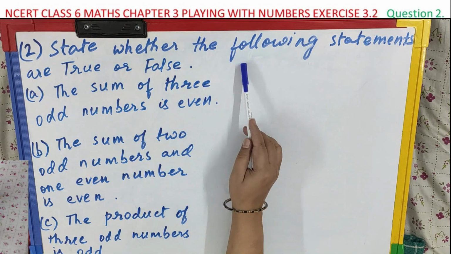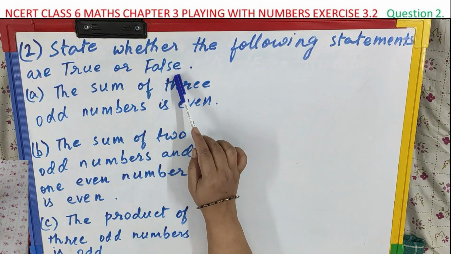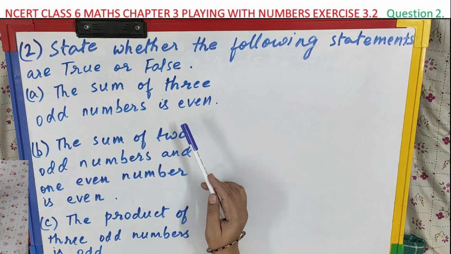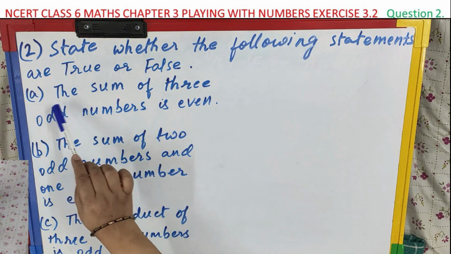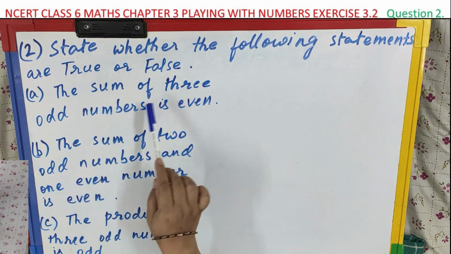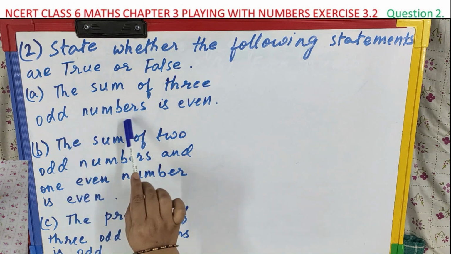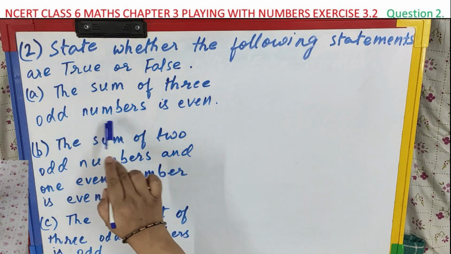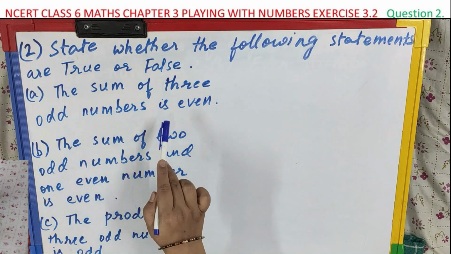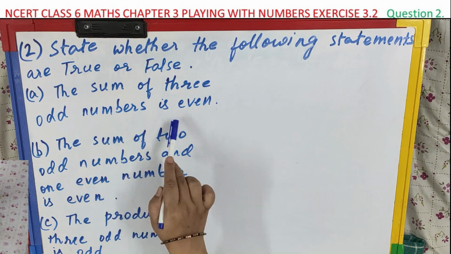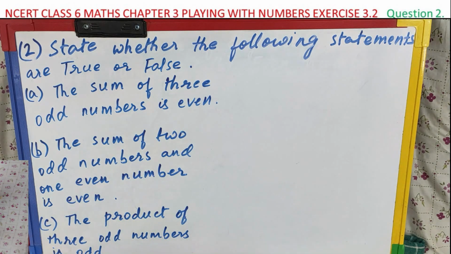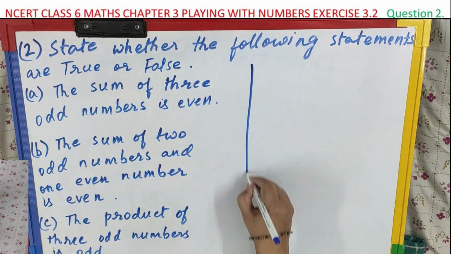State whether the following statements are true or false. So let us see what is there in the first statement. Statement A says the sum of three odd numbers is even. We have to find whether what is written in this statement is correct or not, whether it is true or false. True means correct and false means wrong. Okay, so let us do the solution,